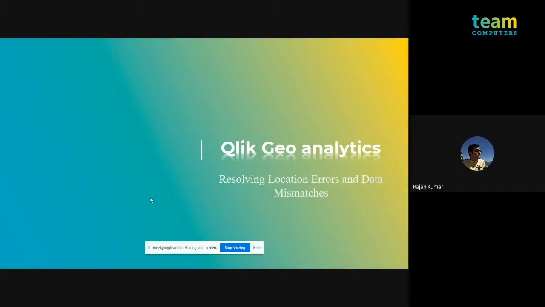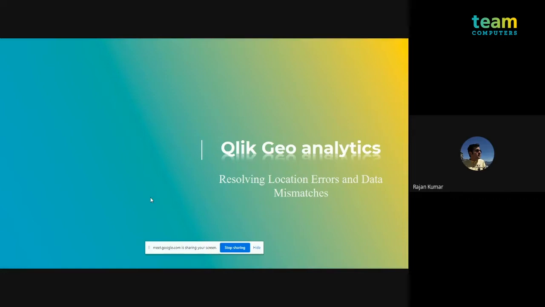So, in our last two sessions, we have gone through the concept of layers. We created some maps, created a few layers, and then in our second session, we went through the operations which are there in geoanalytics. Now, during my experience in projects for geoanalytics, there are some basic errors which we make while installation, while creating layers, or while running operations. So this session will be around those errors only.